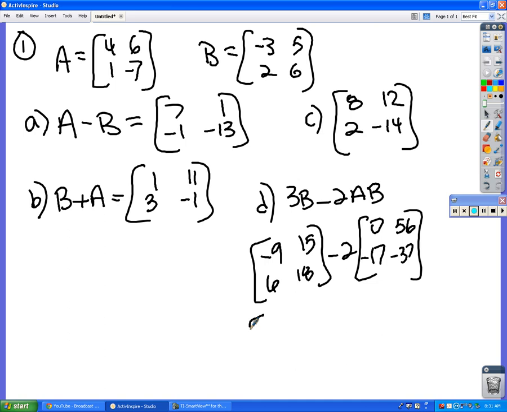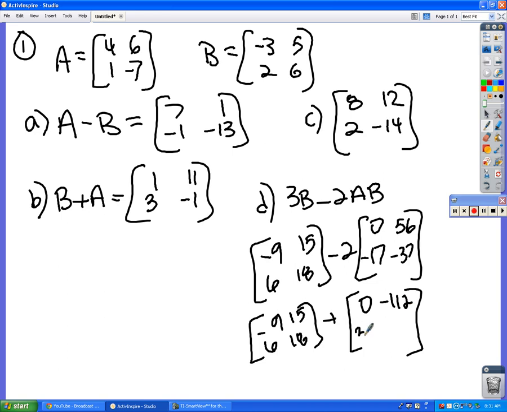Okay, now I need to double all of those. And I want to make this plus. I like adding better than subtracting. So I want to multiply all of them by negative 2. You could multiply by 2 and then subtract. So I'm going to multiply by negative 2 and then add, okay? So that's 0, negative 112, 34, and 74. So now if I add those together, my final answer is